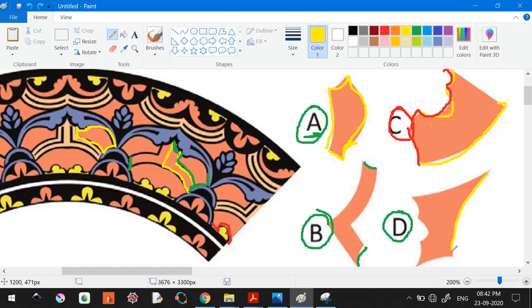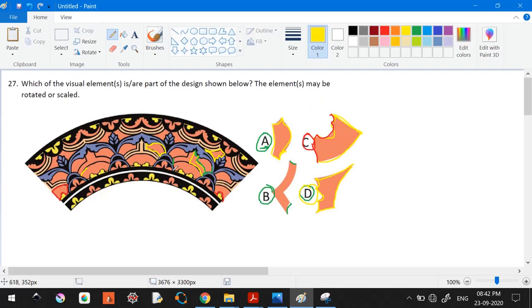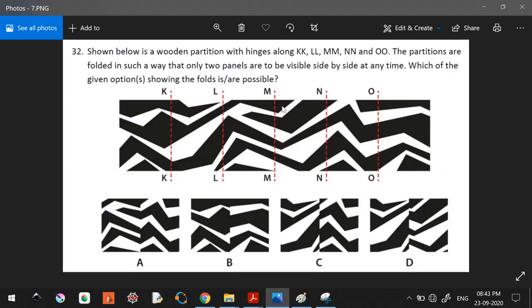If I assume this to be the same as this, then I need to have this one, which is this one, yes, and I need to have this flower cutting, three cuts, which looks like this, and finally the bending, which is this. Yes, I think this is also fitting. So all the options are fitting. I hope you got this. This is a very easy question. I started with the ones which are easy to me, like straight lines or pipes, something clearly visible. That's how I go. Let's move to the next question.